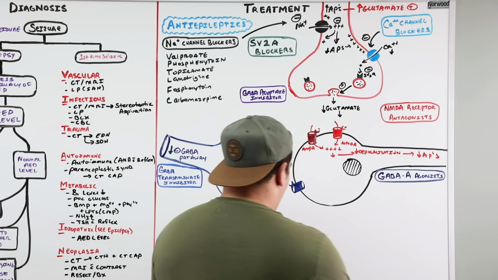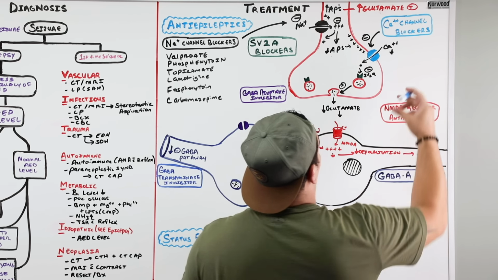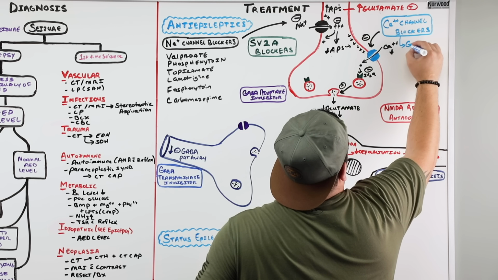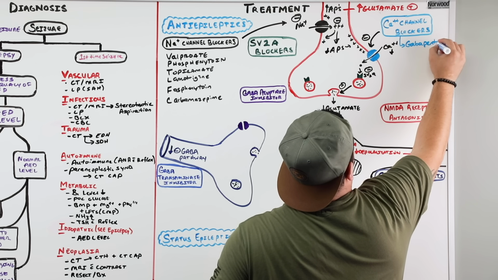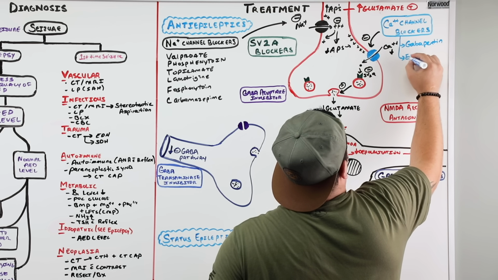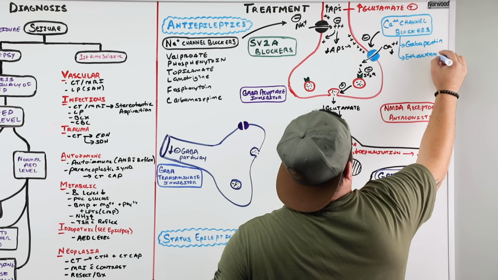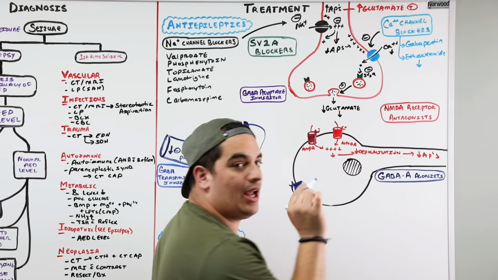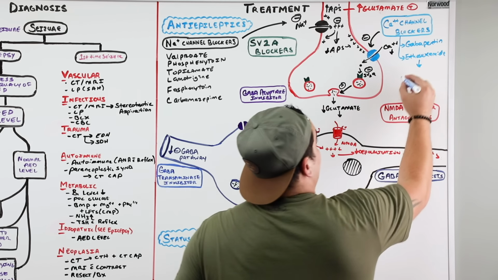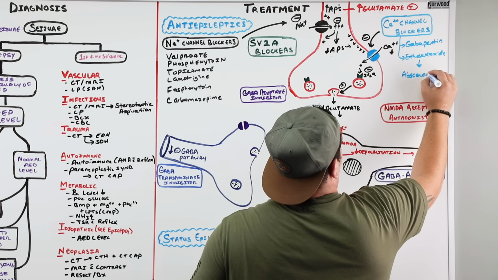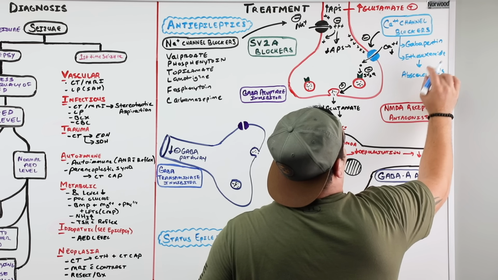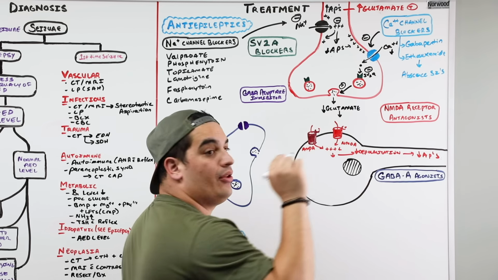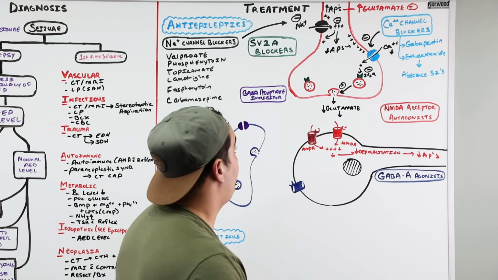What are the drugs to remember for this class? This one, I want you to remember what's called gabapentin, which is kind of an old school one, and one more called ethosuximide. Ethosuximide, I want you to remember a very specific type of seizure we treat this one with, and this is absence seizures. So absence seizures respond best to what kind of drug? Calcium channel blocker, which type? Ethosuximide, very important, very high yield.